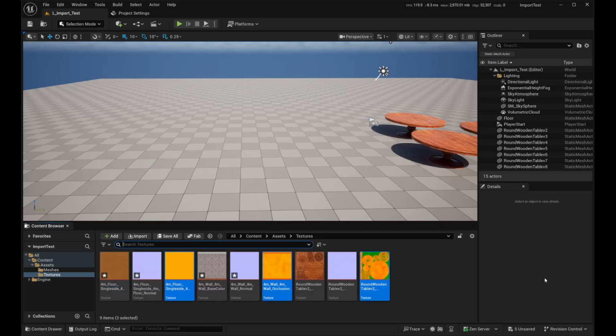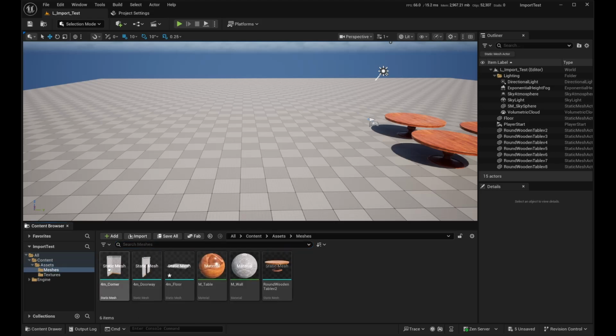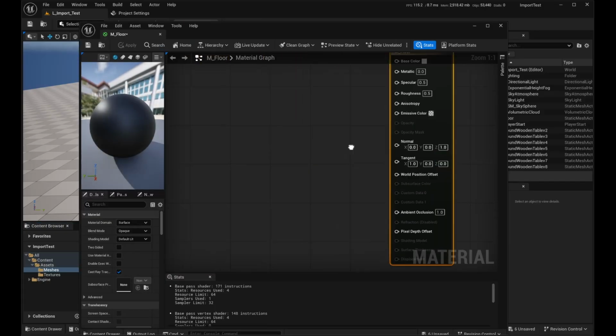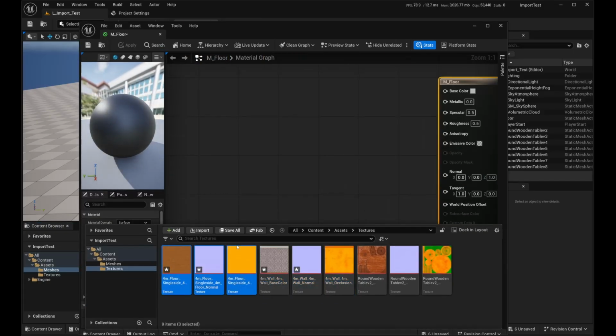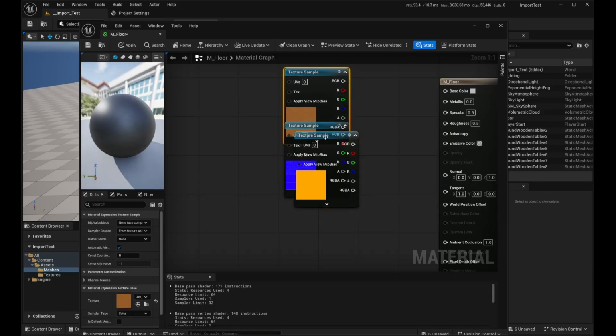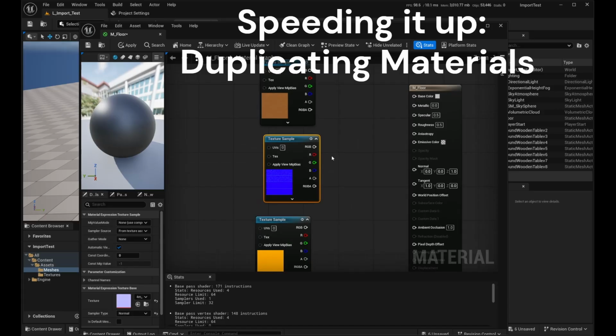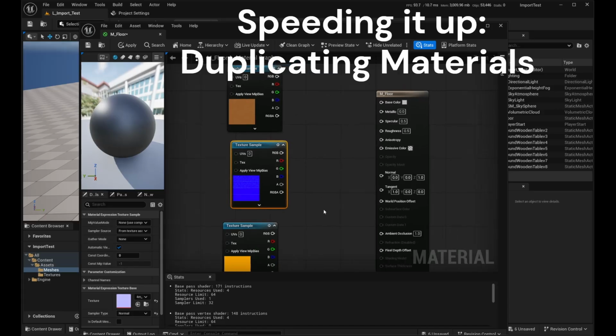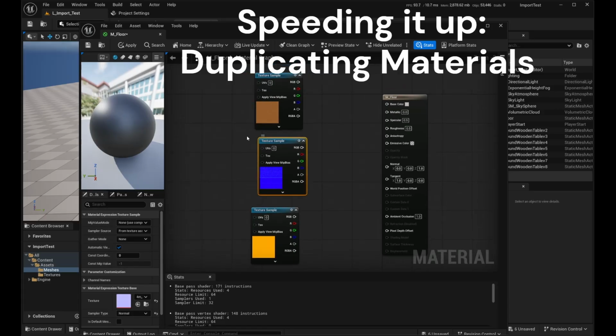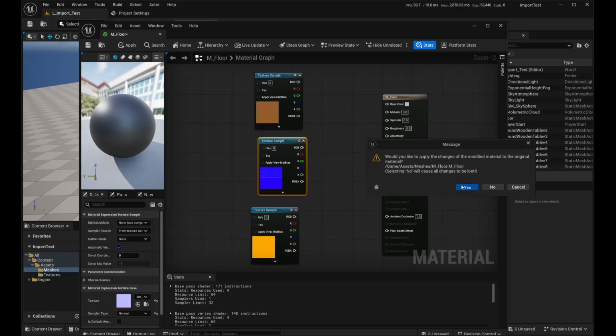So clear that filter. There's my textures. I want a new material for my floor. I'm going to find my floor textures, and again, repeat the same process. This can get very time consuming and frustrating, plugging each of these in every single time. So if you don't want to,